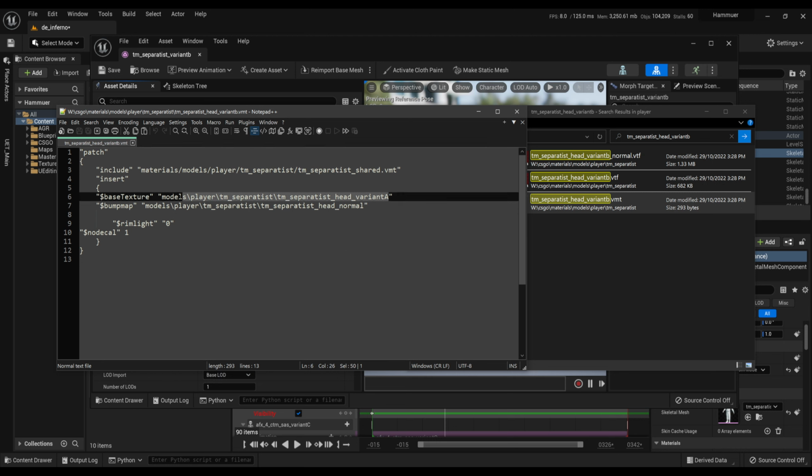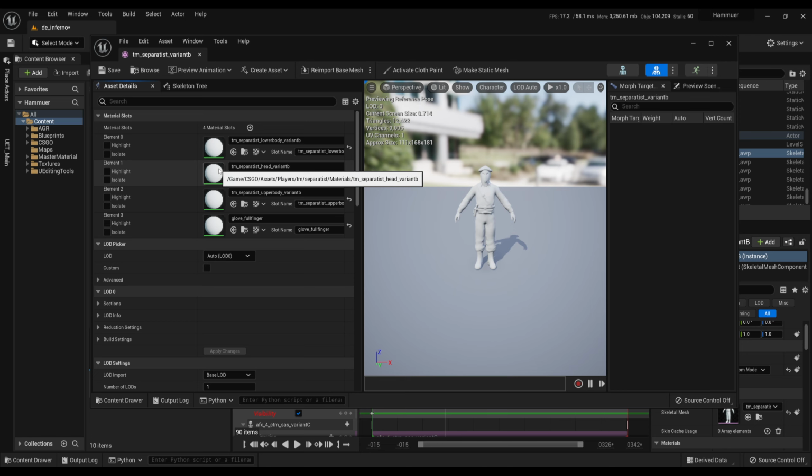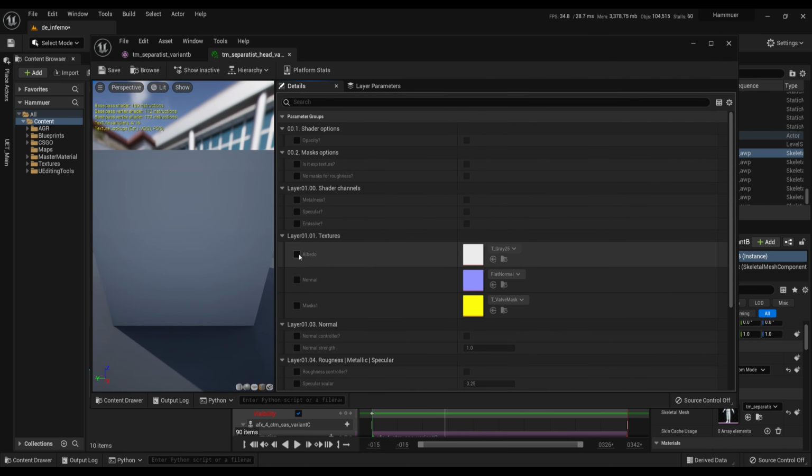Here's the texture path for albedo and normal. This is a very old player model and it doesn't even have an exponent texture. In this case, check the switch called No Masks for Roughness.